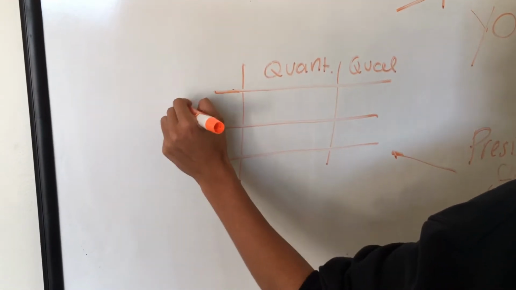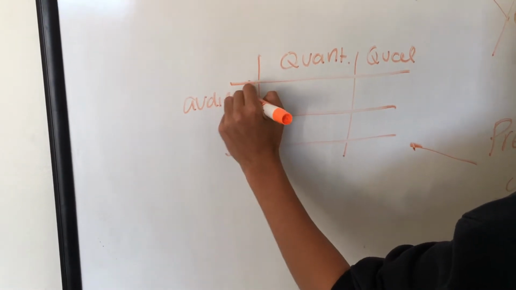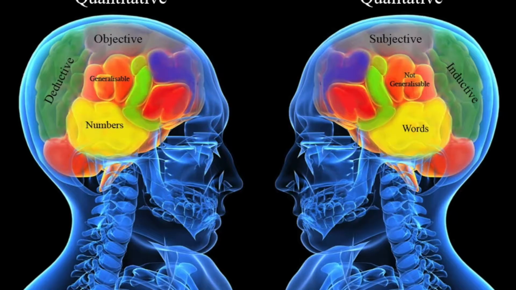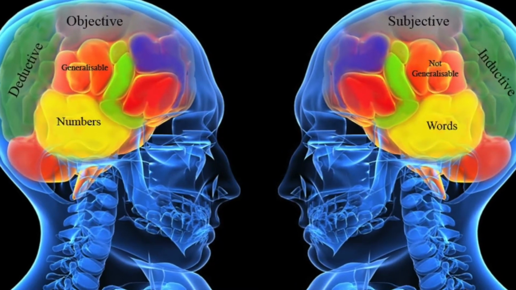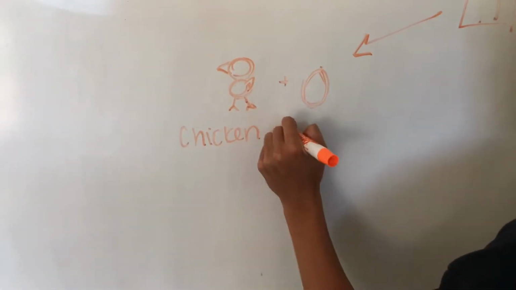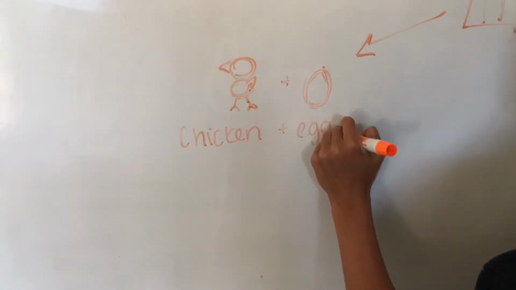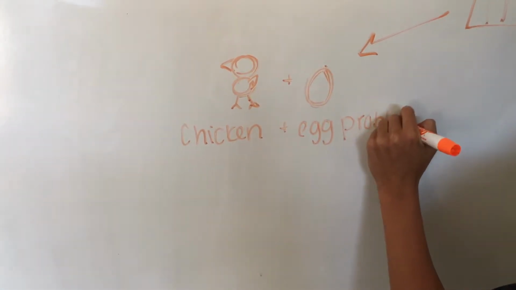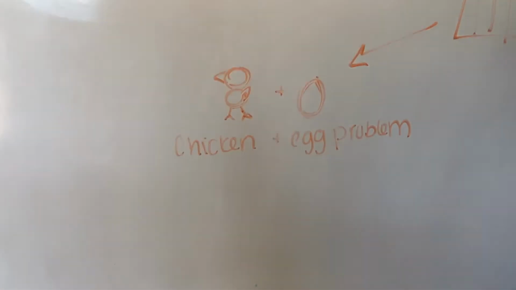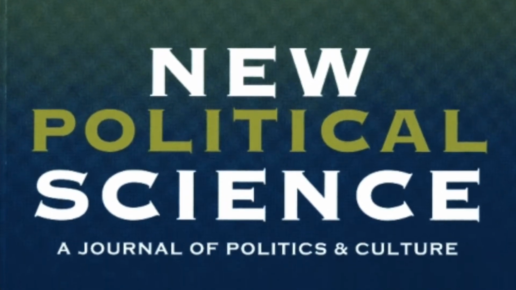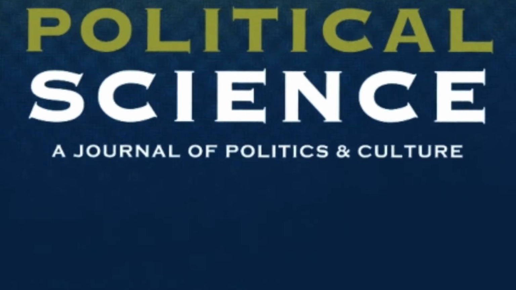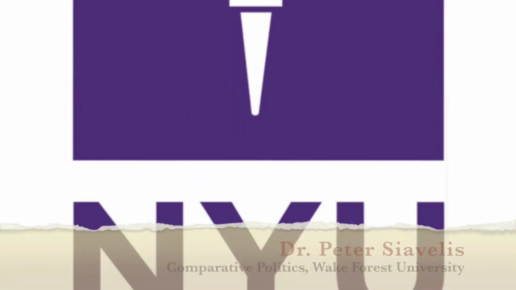The result of the split is two distinct genres that have emerged within the political science field, that each have their own distinct values and conventions. Dr. Ciavelis calls it a chicken and egg problem. This can make it hard for those questions about how government is set up and why certain legislation passes to be fully answered. The top political scientists on the editorial boards of the top journals are from universities like NYU,